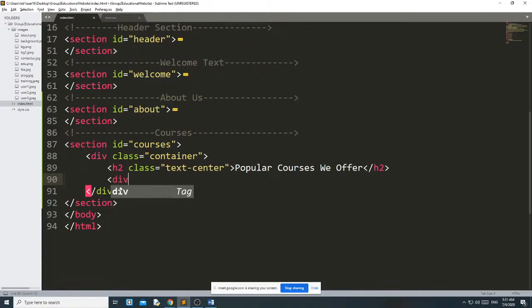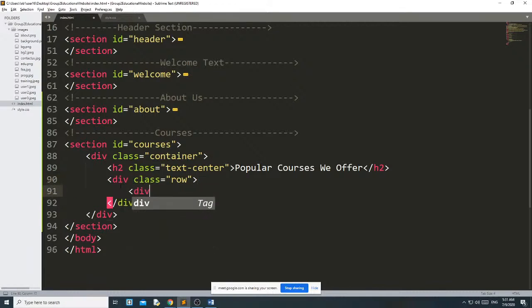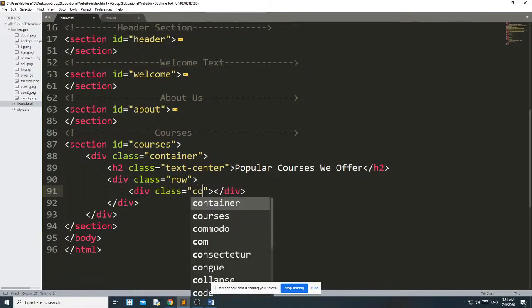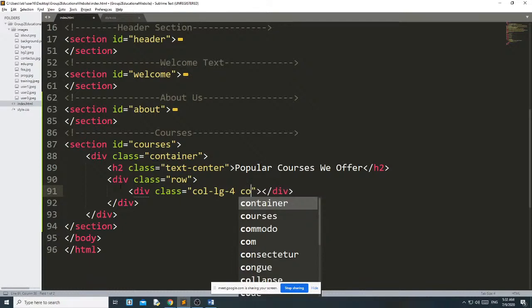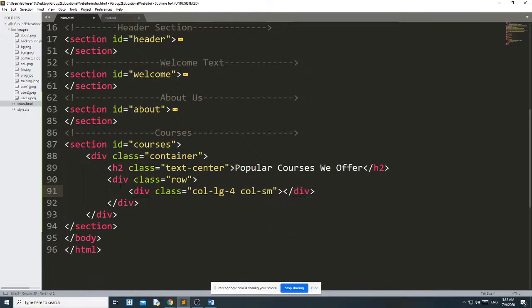Div class row. Okay, then div class col-lg-4, which means in large screen at a time it will show 3 columns, but in small screen I want to see only 1 column at a time.